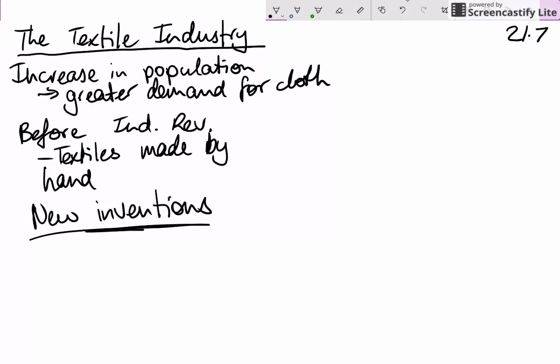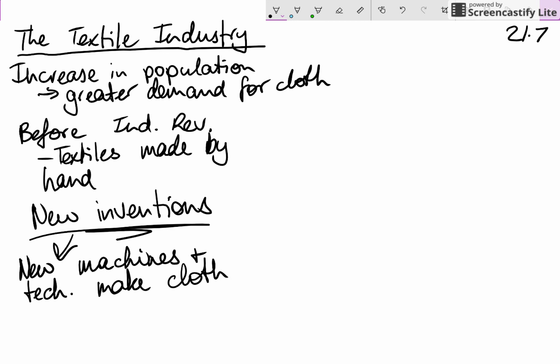we have some new inventions. One of them, definitely, the steam engine's one of them. So new machines. Motorized vehicles. Well, vehicles not so much because we're talking about making fabric here. This is where we've got things like the flying shuttle and the spinning jenny. Those are fancy names. The spinning jenny was a way of making thread quickly. So new machines and technology make cloth cheaper and faster than